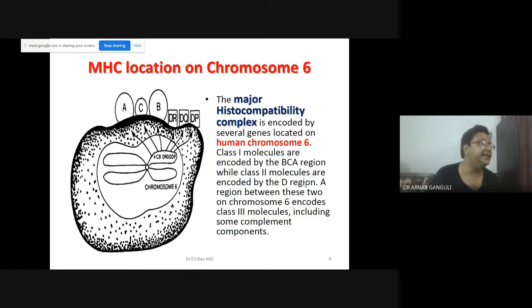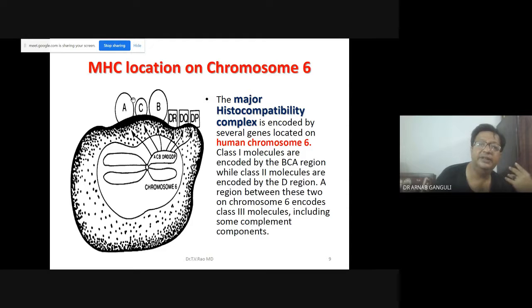There are regions A, B, C, D, E in the genes. So A, B, C is the region including class 1, and the D region is class 2. A region between these two on chromosome 6 encodes class 3 molecules, which is new, including some complement components. Something of the complement is also